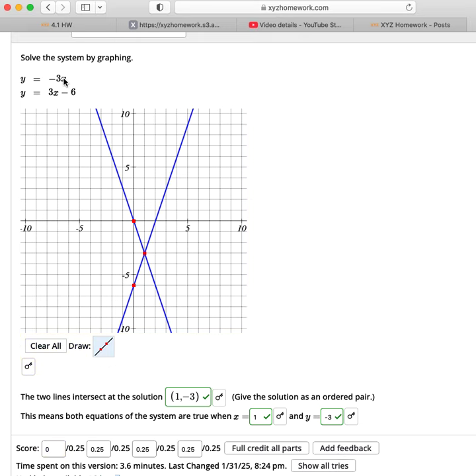So like for this first equation, if x is 0, y is 0, right here. If x is 1, then -3 times 1, y would be -3, which is right here. And again, that's in the last chapter. That said, graphing using slope and intercept is definitely the easiest way to do that. So I would go back and